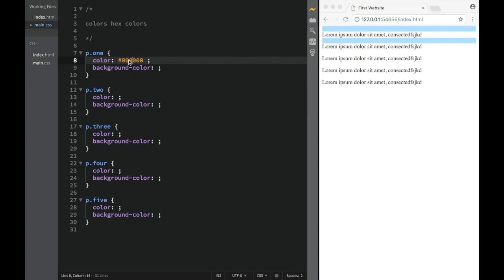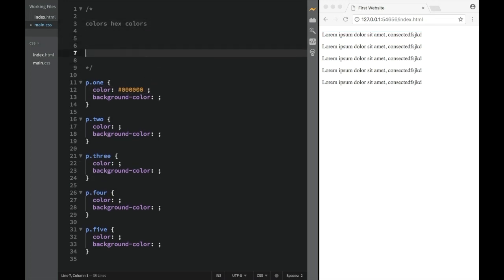And this is another neat feature about brackets. As you can see, as I hover over here, it shows me what the color is. And what this hex stands for is actually very similar to RGB. The first value would be over here red, the second one is going to be green, and the third one is blue. So if you remember, we had values from 0 to 9, and the way it works over here,